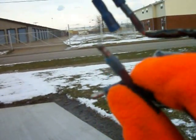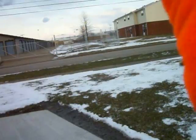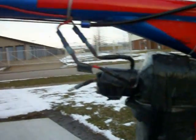Once I had the wires in, I was able to have these quick disconnects on there. See if I can get that back in one-handed. There we go. And basically after that, I just ran my positive wire up through the bike, leaving some room